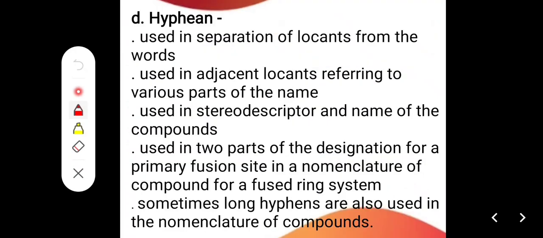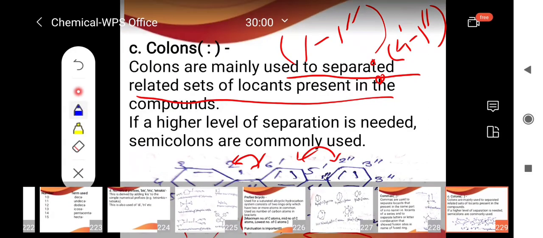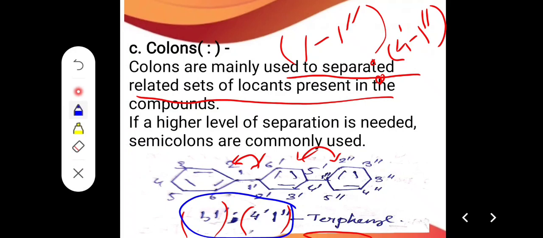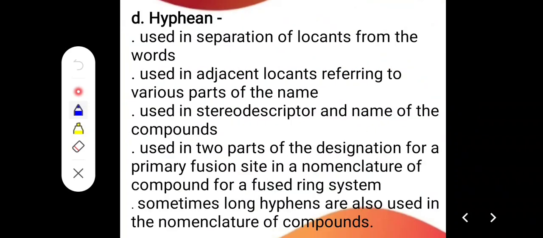next one, hyphen. Hyphen is also important; it is used in the separation of locants from words. In most of the cases we see that between locants and a word we get a hyphen, right? In the previously written examples it is also the same: this is a locant, this is a word, and in between them we get a hyphen, right? So the first thing is that hyphen is used in the separation of locants from words. So a hyphen can be written in between locants and words. Okay,